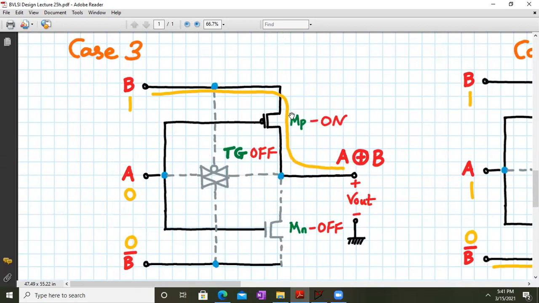Now this MP and MN forms a CMOS inverter because your B acts as a power supply, because we are applying a logic 1 over here. That means VDD is applied at the top of your PMOS and the ground, that is logic 0, is applied to the bottom of your NMOS, that is the source terminal over here. So that makes this MP and MN combination a CMOS inverter.